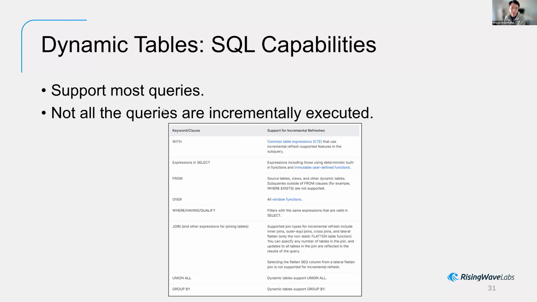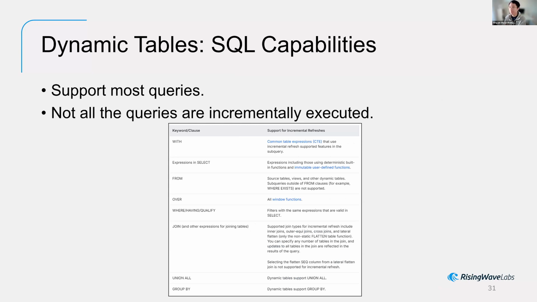Well, the interesting part is that they actually do not just use a stream processing engine. They also do the batch stuff. So basically, once some changes occur, I detect these changes. Snowflake will not guarantee that it will be incrementally executed.